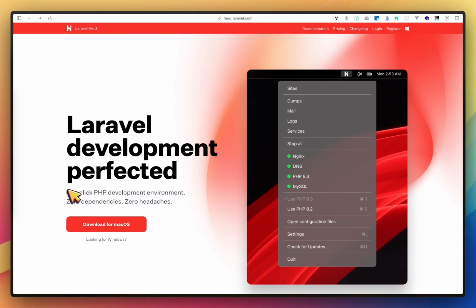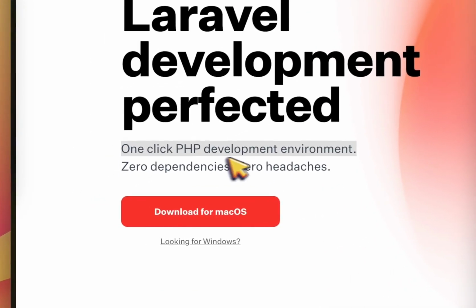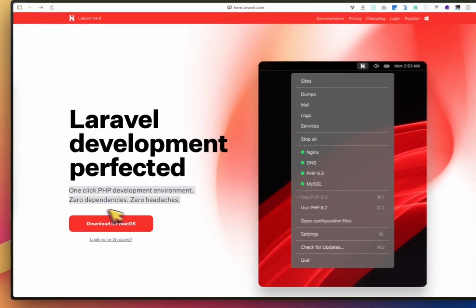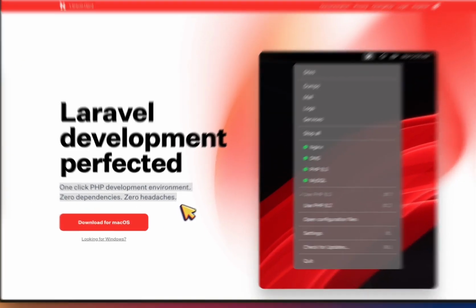As Herd says, it is a one-click PHP development environment, zero dependencies, zero headache.